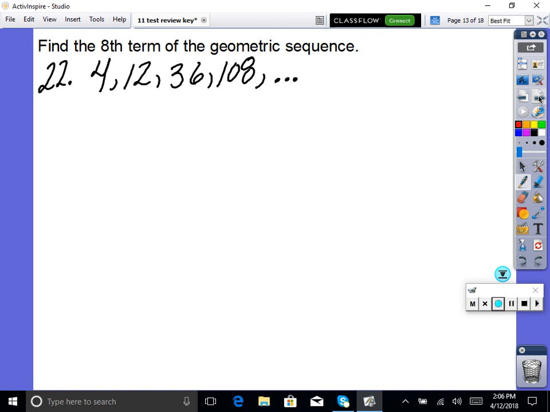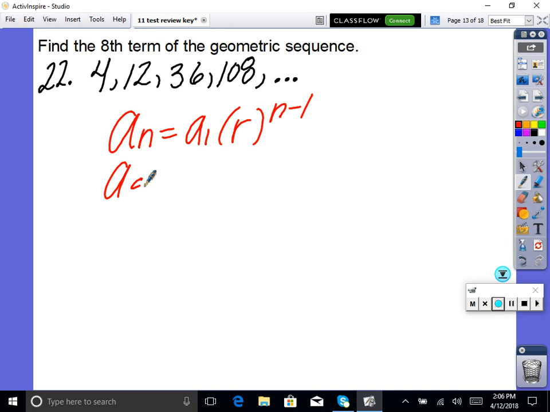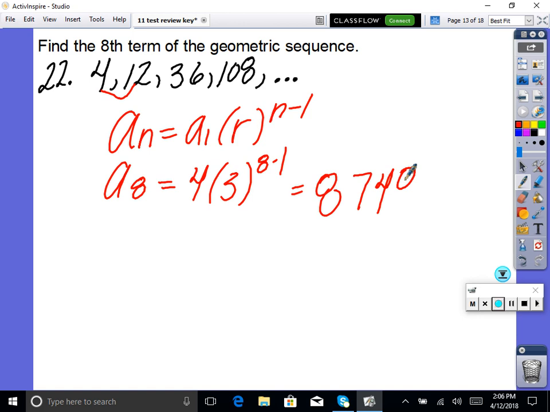the top floor. Number 22, it says, find the 8th term of the geometric sequence. So a sub n is equal to a sub 1 times r raised to the n minus 1. We're going to do a sub 8. Our a sub 1 was 4. Our common ratio, this divided by this, is 3. And then 8 minus 1. I mean, a lot of this is repetitive, and it's just to get you re-looking at things over and over again to make sure you're good to